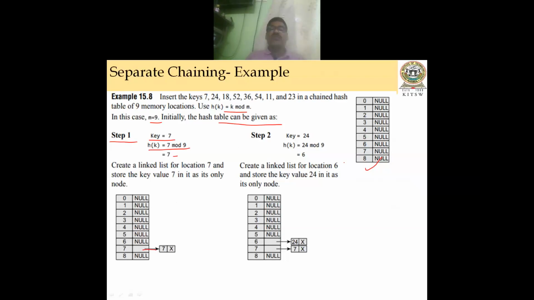Fine. So for key 24, in step 2, you have to map the key value 24: h of k equal to 24 mod 9. So we are going to get 6. So create a linked list for location 6 and store the key value 24 in it, as it's only one node. Like this, you are going to create linked lists for storing 7 and 24